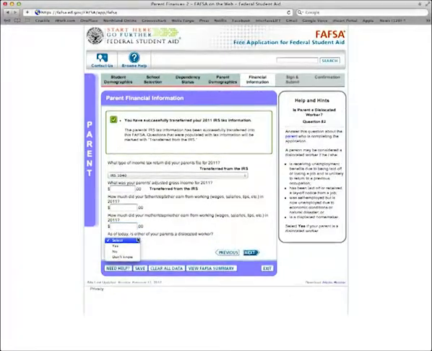This question: as of today, is either of your parents a dislocated worker? This means if one of your parents is currently unemployed, or has recently been laid off, you would answer yes to this question. This flags that there are extenuating circumstances to your finances that we need to pursue through a professional judgment,